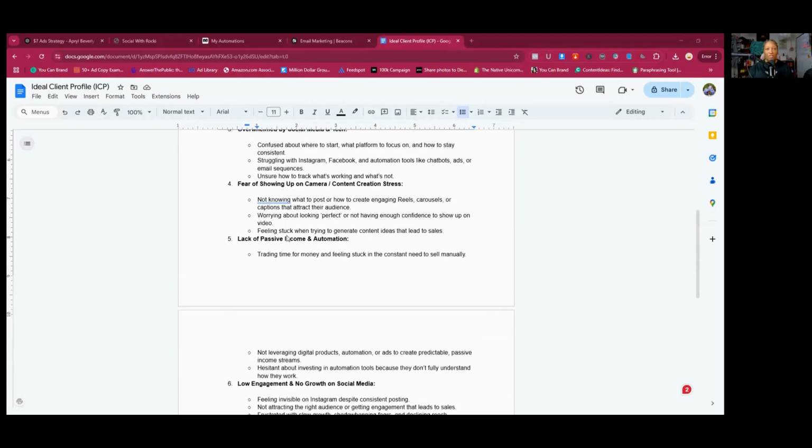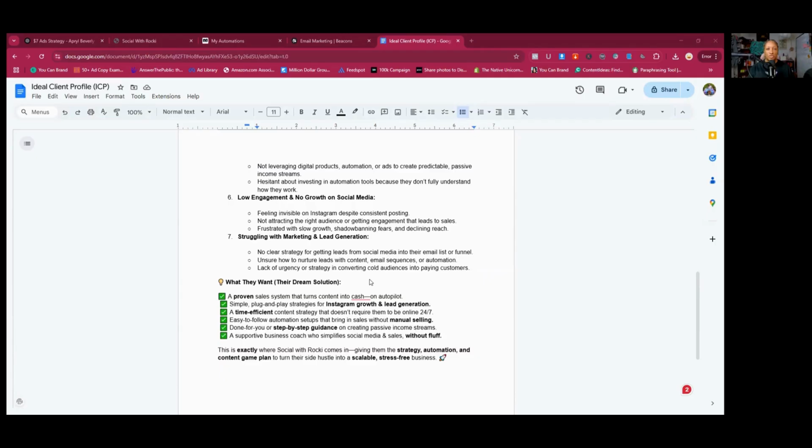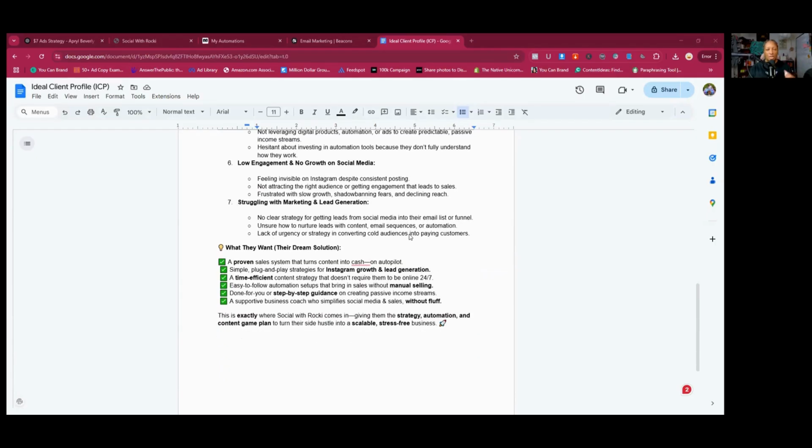Again, this is going to be the setup for the digital products that you want to create, right? And then you have to think about, what is their dream solution? What is it that they actually want? And it can't be broad like sales. Why do they want sales? Why do they want more money? Why do they want financial freedom? Are they struggling with bills? Are they trying to make sure that there's a safety net in case they get fired? Like, what is that end goal that is the real solution to the problem?